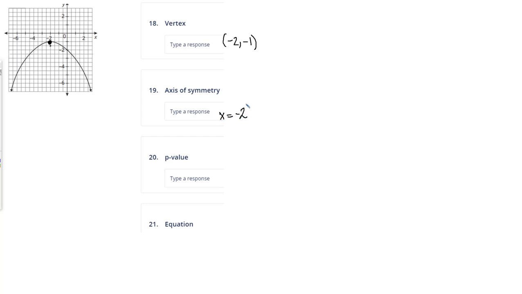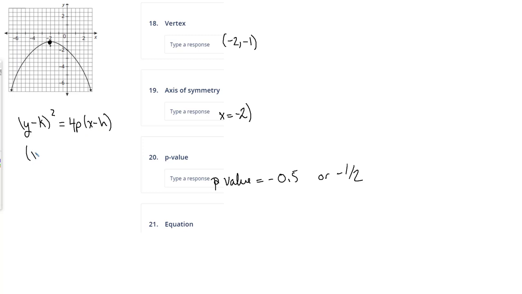My p-value, it'd be 0.5, but is it going to be positive or negative? Am I going up? Or you could have said -1/2. So if I go to the equation, is it going to be y minus k squared equals 4p times x minus h,